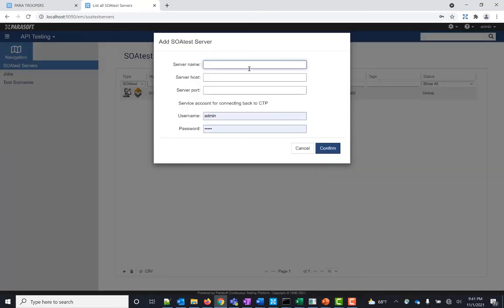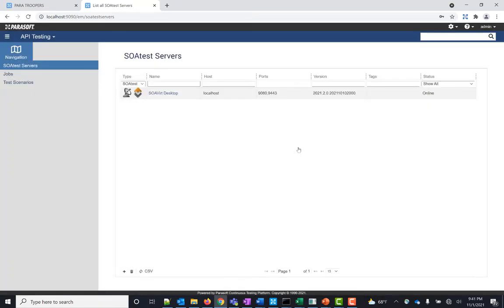I would just enter my server name, my host, my port, and my credentials, and I would just click confirm. In this case, I'm only running on localhost, and so I only have the one server. But your new server would be listed right here. And if you needed to add more, you would just reference this plus icon.